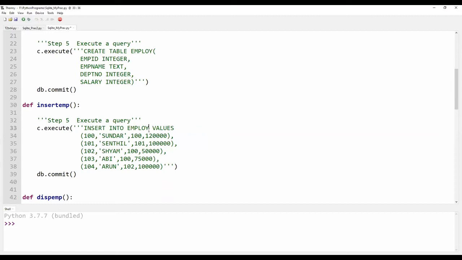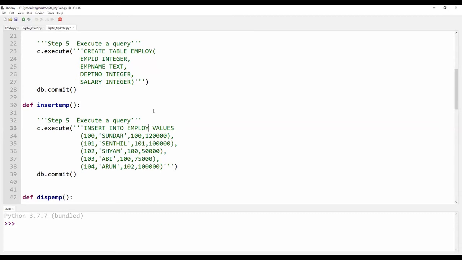These are normal SQL queries, which have to be embedded in either a docstring or normal quotes, a docstring for create and insert respectively. I am inserting 5 records here, and I am committing the connection.